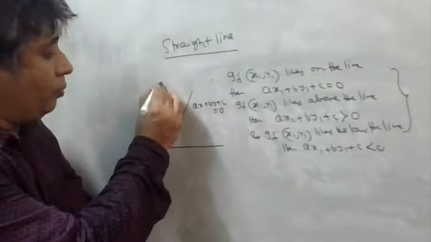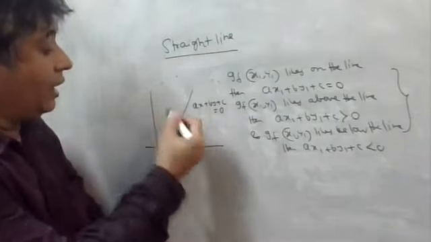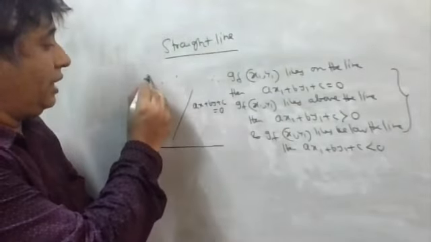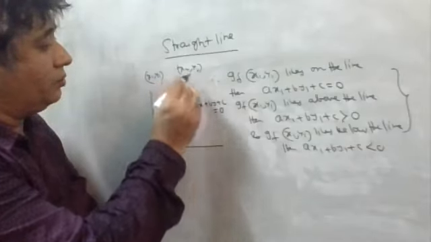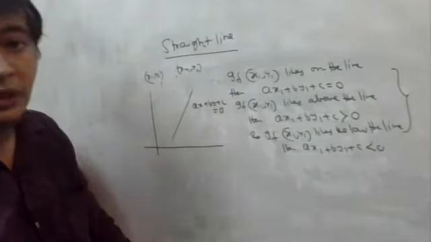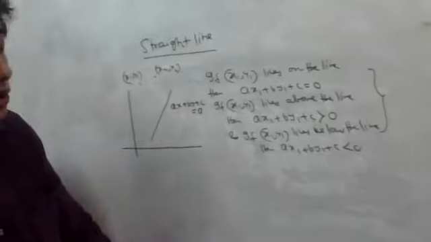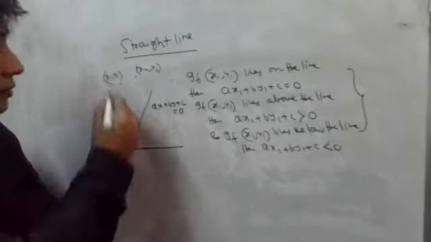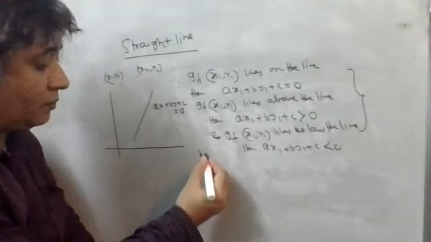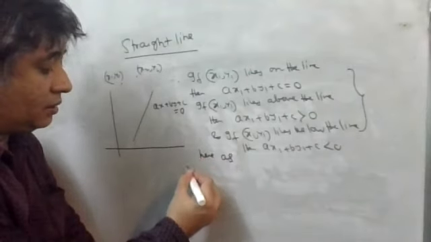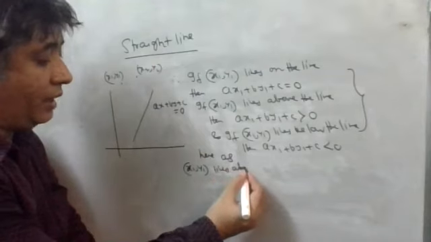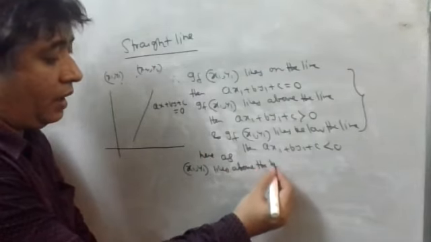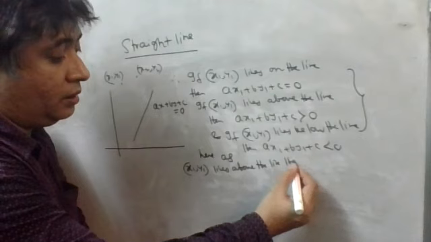Now if two points lie above the line, say x1 y1 and x2 y2. Okay, x1 y1 and x2 y2. See here, as x1 y1 lies above the line, then